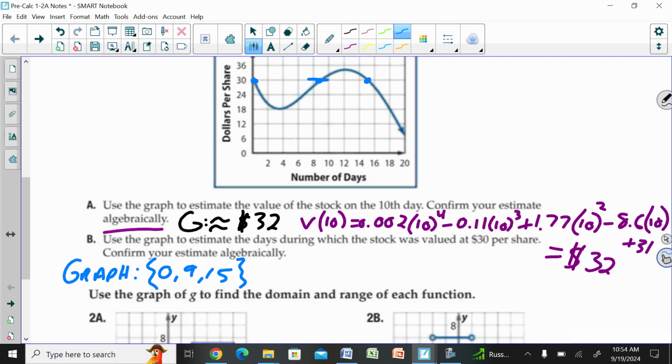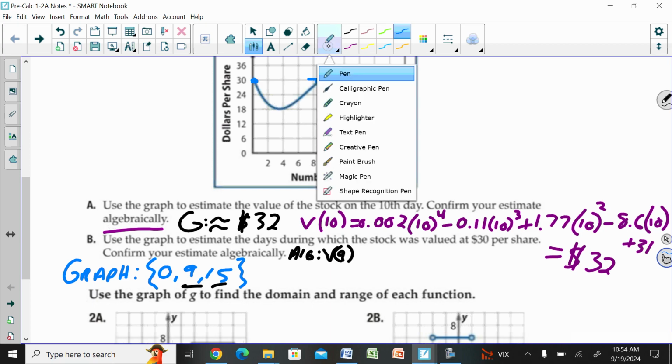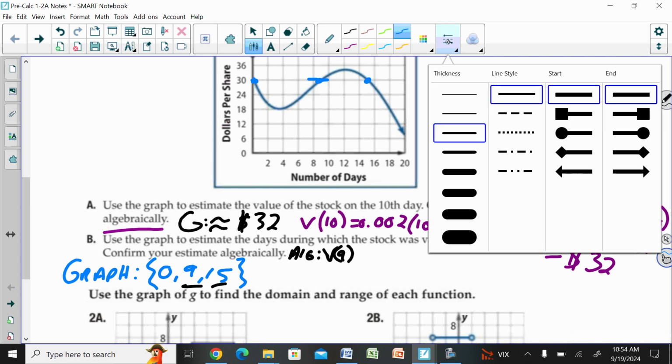If I do this algebraically, I'm going to have to evaluate those. I'm just going to do 9 and 15 because day 0 is where it started; it technically wasn't there. So algebraically, the value at 9 is going to equal